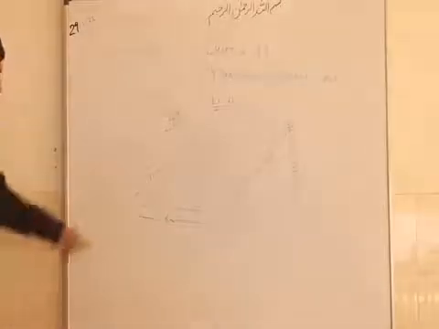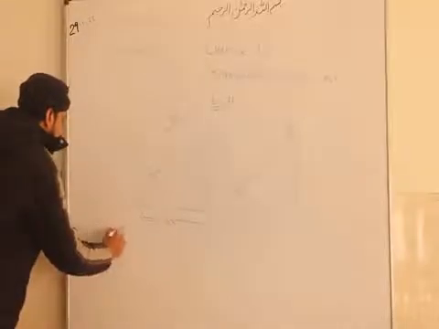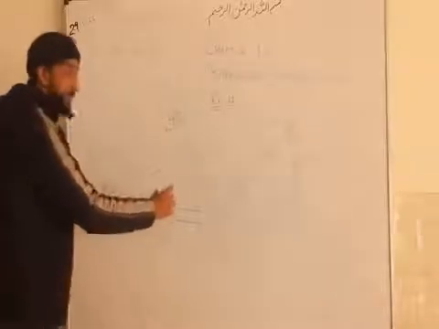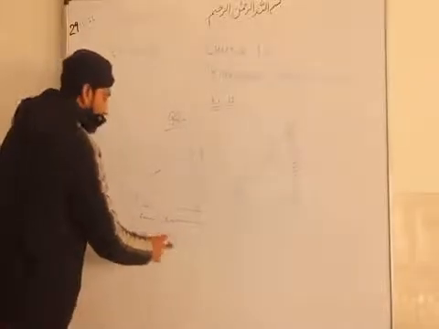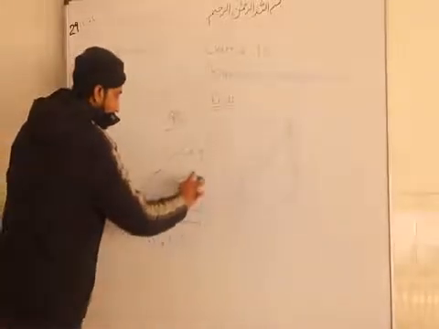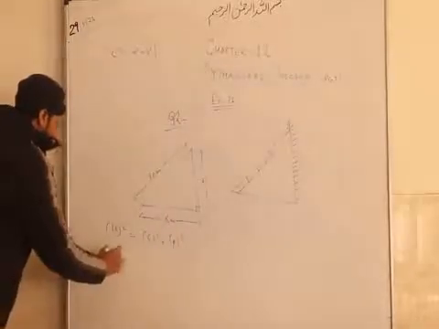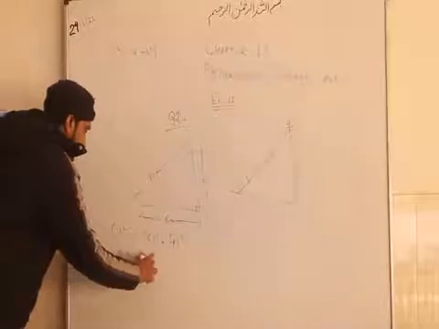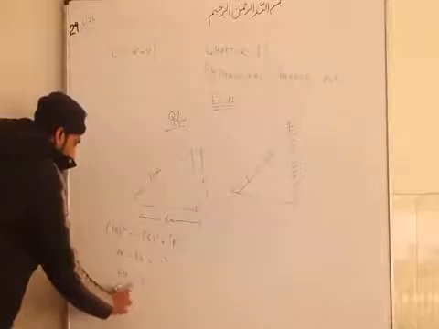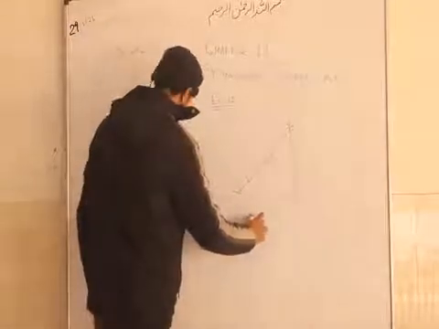Okay, so we know that the square of this must be equal to the sum of this plus this. By using the Pythagoras theorem, 10 square is equal to 6 square plus the height square. We are not taking the hypotenuse. This is the height, or we can take it as the perpendicular, right? Otherwise you can write the name of the triangle as p square. So 100 minus 36 equals p square. So this is 64, p square. So under root 64 equals p. Then p is equal to 8 centimeter.